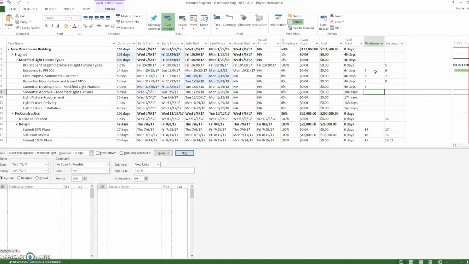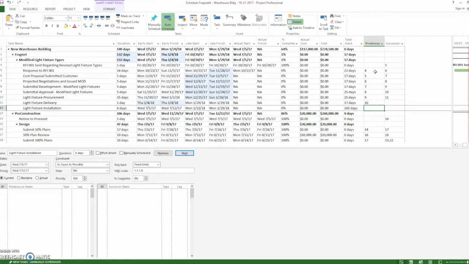fragnet to the schedule. Oftentimes, though, these fragnets can be somewhat simplistic, where only the last activity needs to tie into the schedule, and these are kind of independent structures. So we'll just keep going down and saying finish, start, finish, start, finish, start for all of these activities. Now when we get down to this light fixture installation activity, what we're saying here is, because